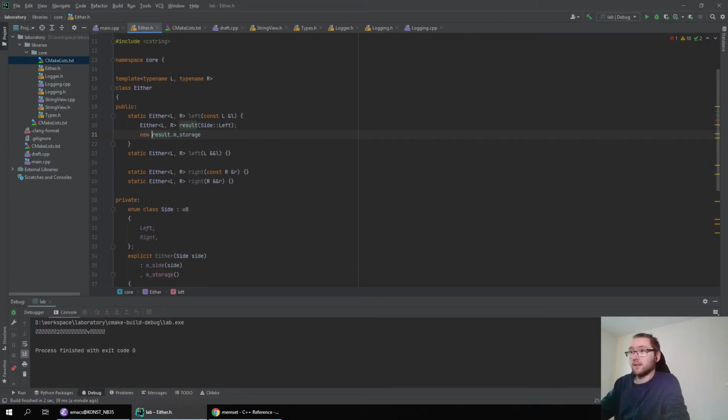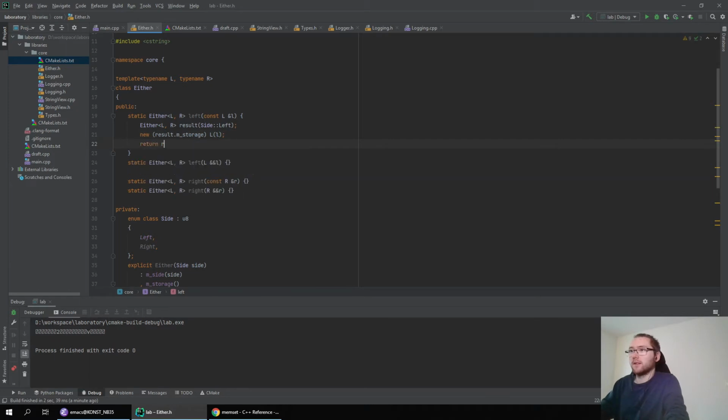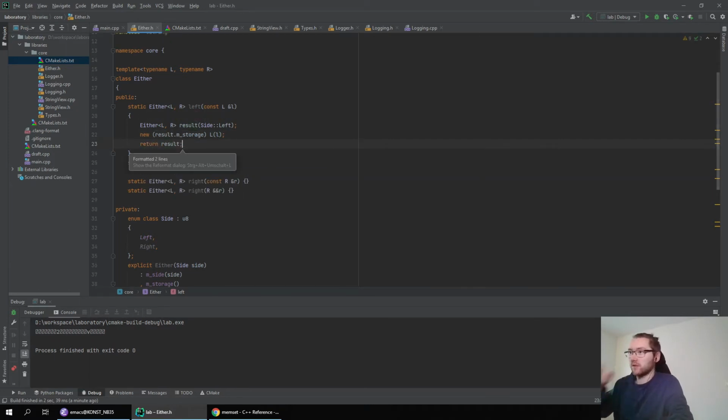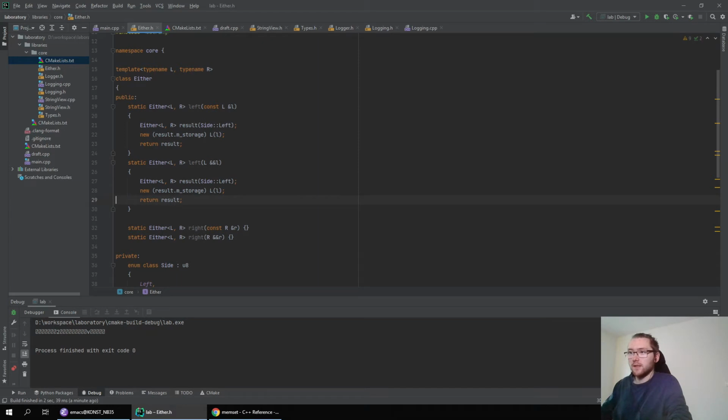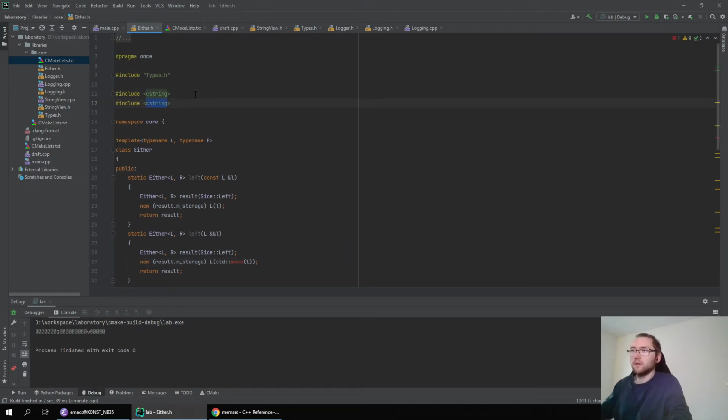Then I can say new, in place. How do you call it? The in-place new copy construct, I suppose, like this. And then I can return my result. So in this, let's just copy and paste it to here. In this case, I will just use move. But I think I have to include utility then.